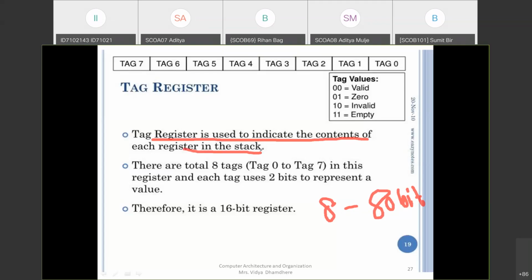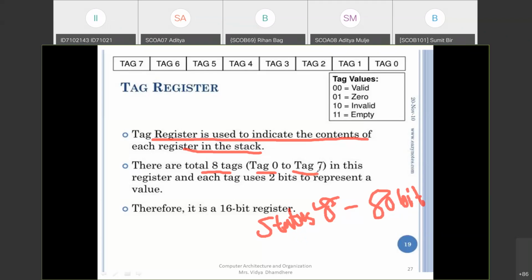So there are a total of 8 tag registers for the 8 stack registers, and for each stack register we have tag 0 to tag 7.